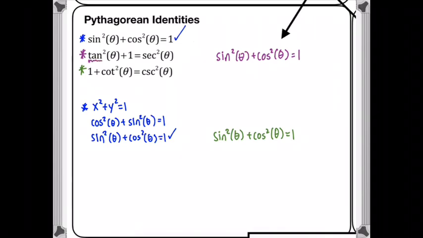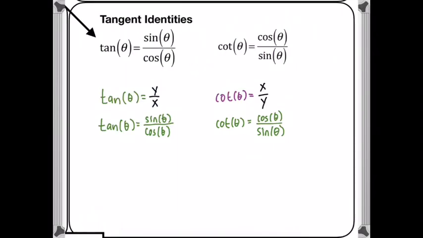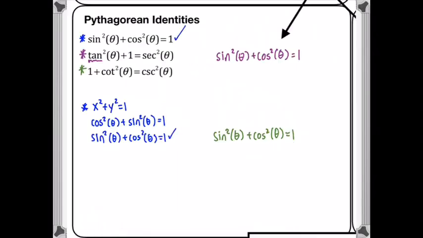We just learned that tangent is sine over cosine. So we can multiply the entire thing by 1 over cosine squared theta, and when I distribute that into each term, I get